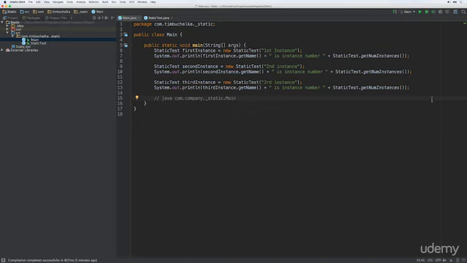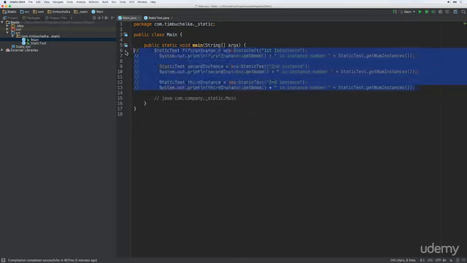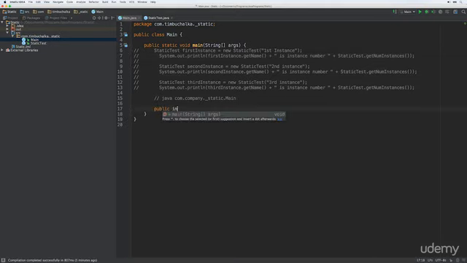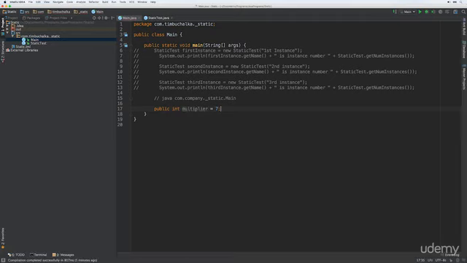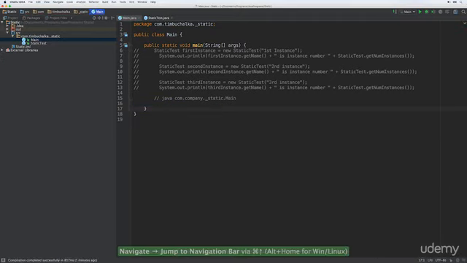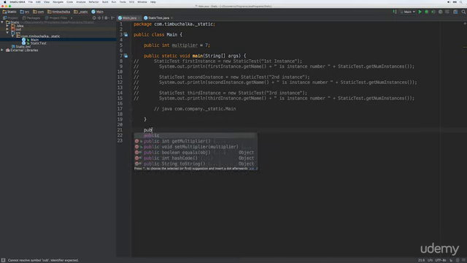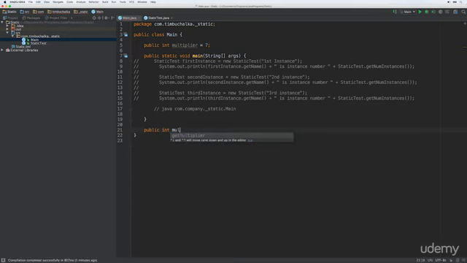So let's go ahead now and change this code. I'm going to comment this code out for now. And let's come down here and we'll put public int multiplier equals 7. Actually, we'll make that a field in this class. So I'll put this at the top, like so. And then we'll create a method called multiply. So public int multiply, and it accepts a parameter of a number and returns the number